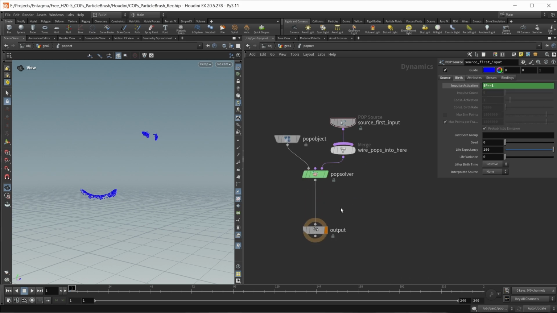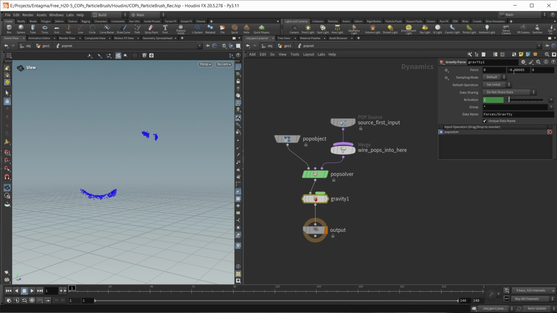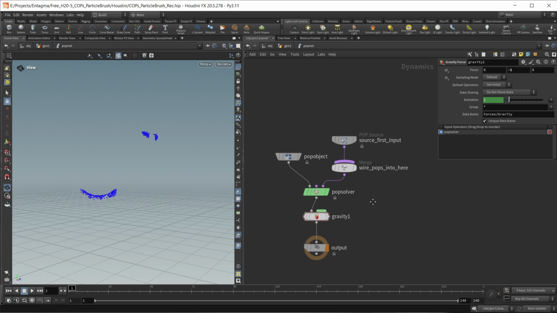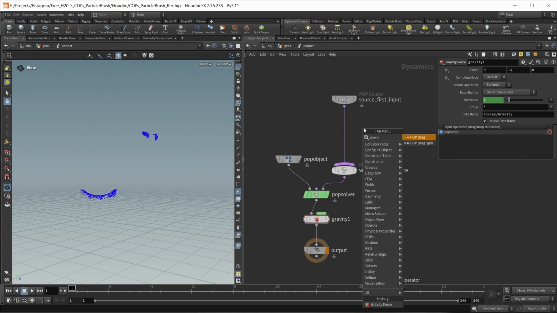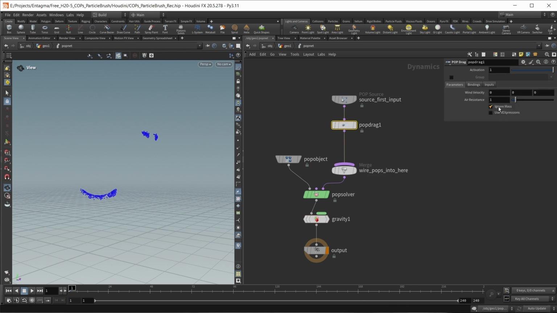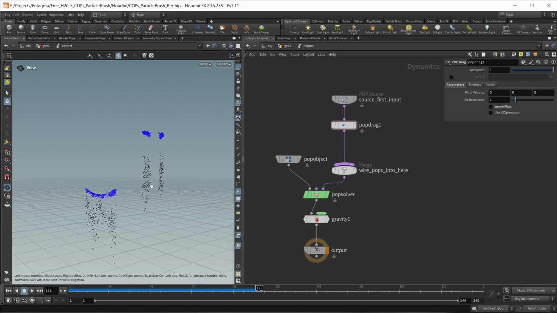I also want to have gravity in my scene, so let's drop down a gravity force. Let's turn the gravity down a bit, make those particles fall a bit slower. Let's turn this to -1. And let's also use a POP drag node. And in here I want to uncheck ignore mass, so that the large droplets will fall faster than the small droplets. And if we play on the timeline now, this is exactly what we're seeing right here,